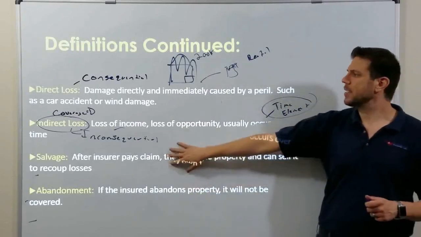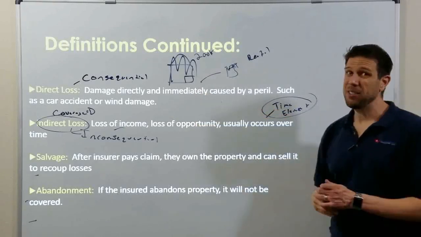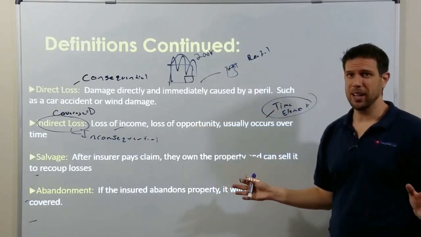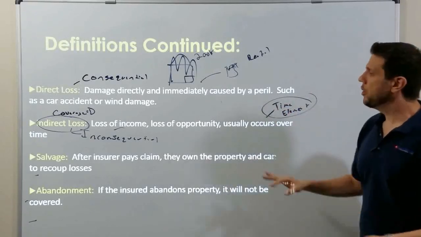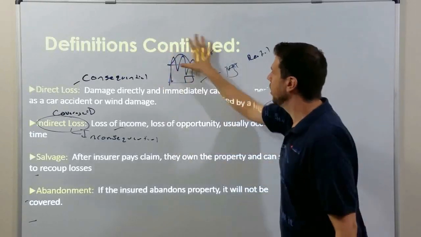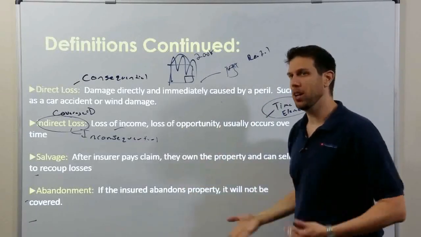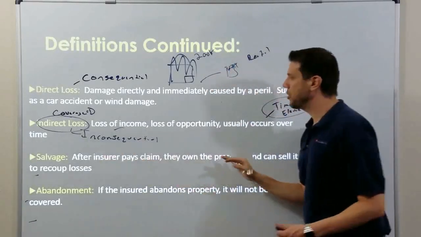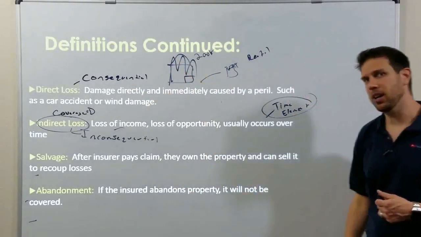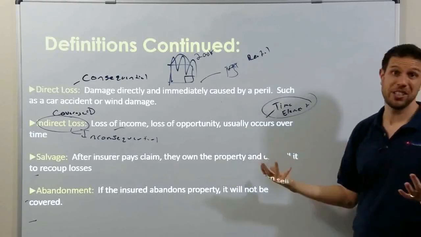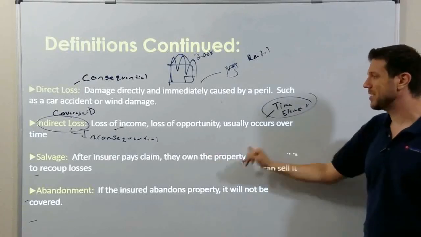The next definition is salvage. If your house burned down, you might not have lost all your stuff. Your 65-inch TV might have survived. Your insurance company now owns all the stuff that they paid you for. They're then going to sell that stuff to try and recoup their losses. Salvage is when the insurance company pays out a claim, then owns the property, then sells it to recoup their losses. Like if you total a car, somebody's going to buy it and put it up at auction after they fix it up. Salvage is where the insurance company tries to get back some of their money.